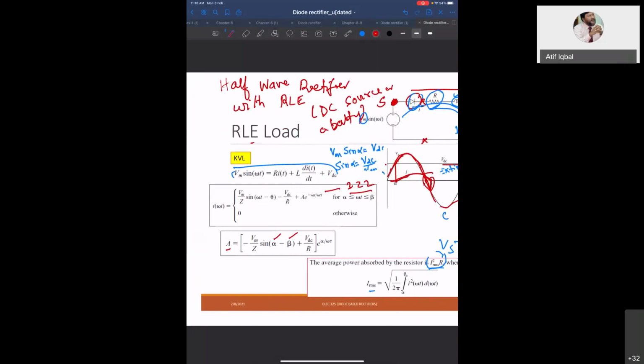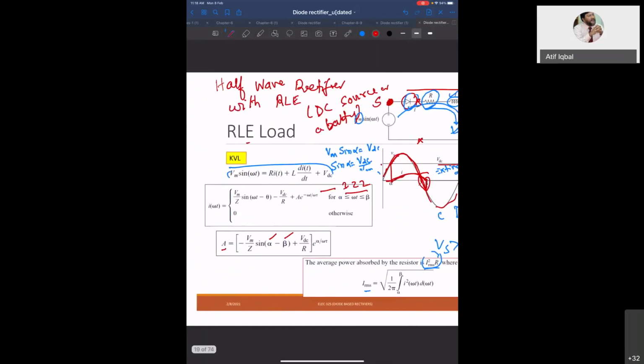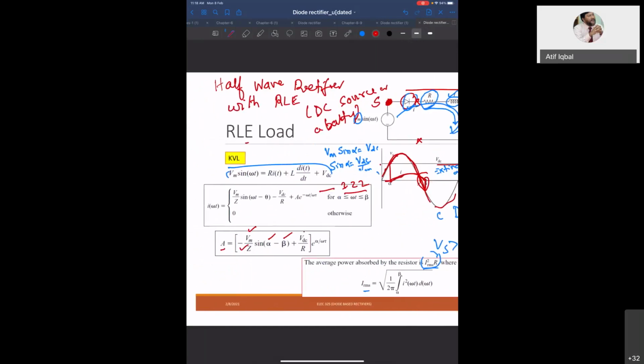But beta was not known before. This is known. VDC is known. R is known. Alpha is known. So, you see here,